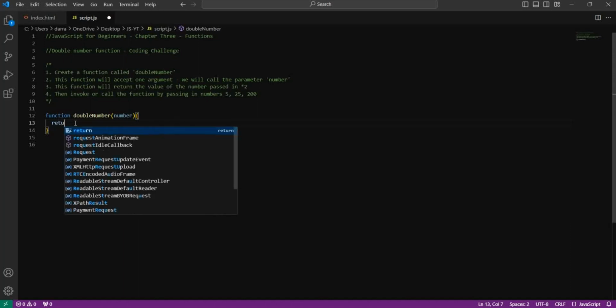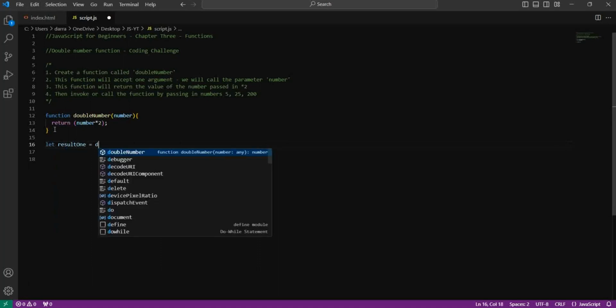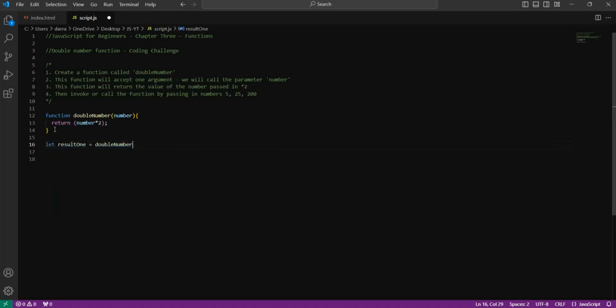Then what we want to do is return the number that was passed in times 2. So we just say return number times 2, and that's it. That's our function. This is a short tutorial. So if I want to pass in, what numbers did we say? 5, 25, 200. So if we say let result1 be equal to double number, so now we're calling or invoking our function, we can pass in the number 5 and then just console.log